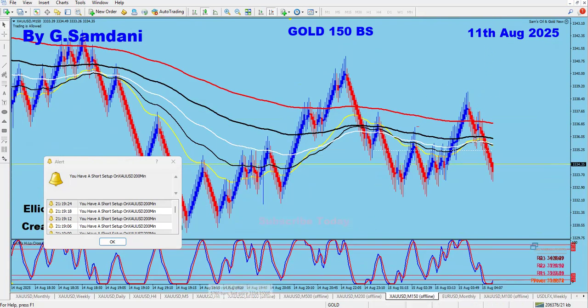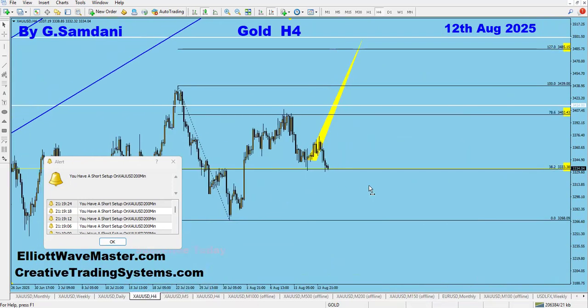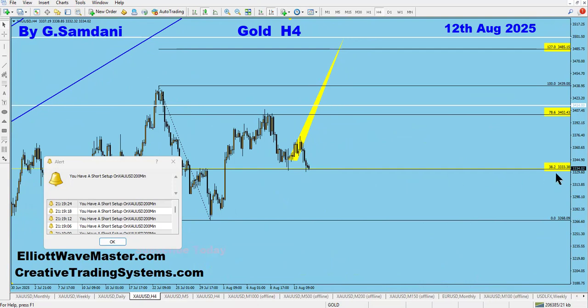As you can see here on the 4-hour chart, we are just at 38%, and 127 is way far outside up there, right? So are we going to hold here and then go to the upside? Time will tell. We will see. But this is where I stand right now.